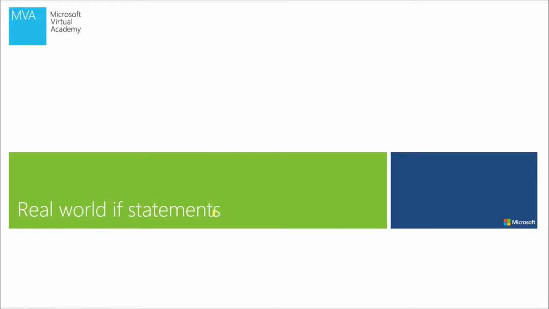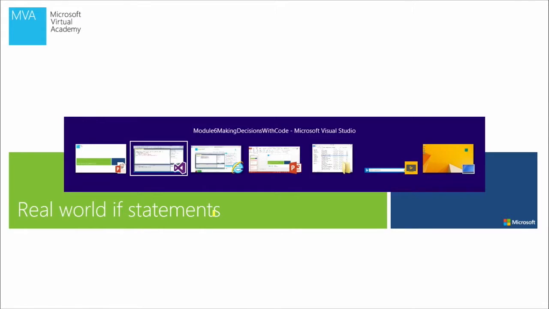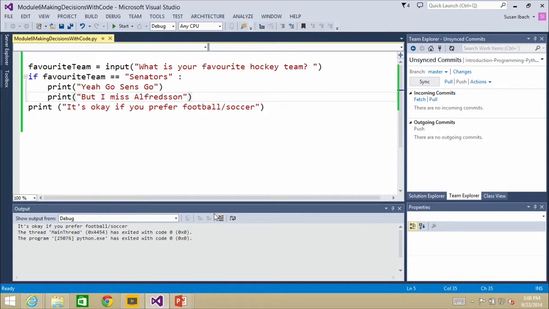Now, I guess we should fix that, shouldn't we? I'd left us hanging with a problem, which is somebody typed lowercase and didn't find a match. So we should really fix that. Now, if only there was a way we could use something to manipulate a string, because the problem is I have a string, and the user didn't enter it the way I expected them to.